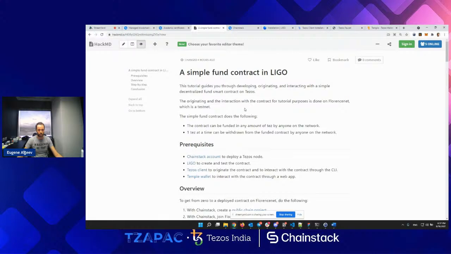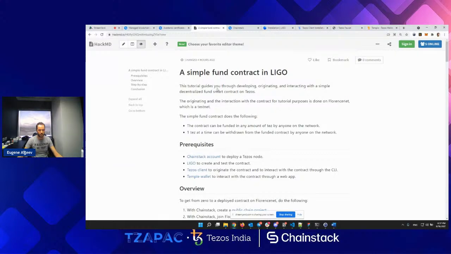So this is a beginner-friendly workshop, and it's mostly for beginners. If you're an expert smart contract developer, I don't think that is good for you, but it may be interesting for you to learn which tools are available in the ecosystem, like what's Chainstack and what's going to be in our platform in a few days, that you will see all the announcements everywhere.